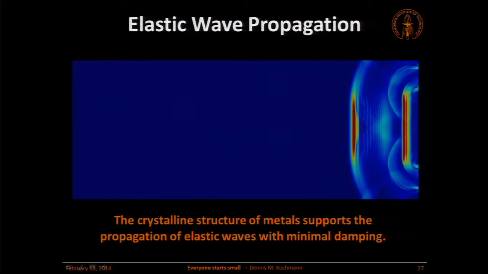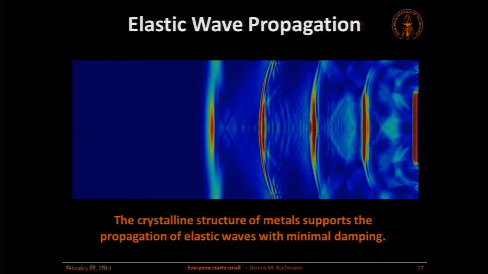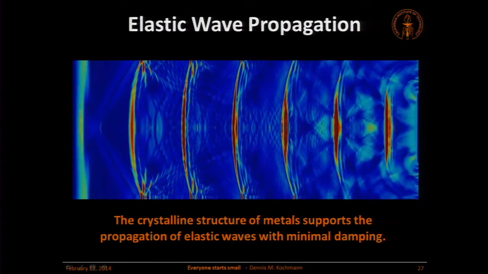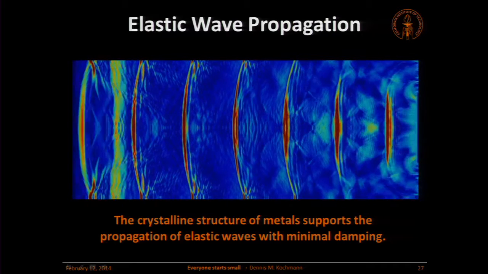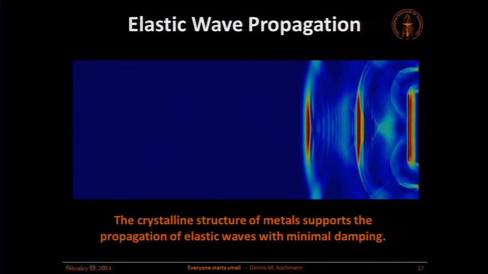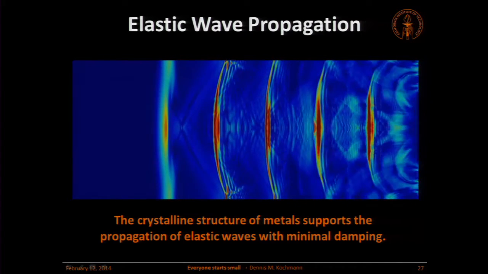And the crystal structure is also responsible for another phenomenon, and this is the lack of energy absorption. What you see here is a copper crystal at rather low temperature, and we're pushing it on the right. Basically, here's your football player, this is the metal armor, and on the other side is the opponent who's punching him. He's punching into the material, and what you see here is the impact energy as a wave being transported through the material. There is no absorption of energy at all.